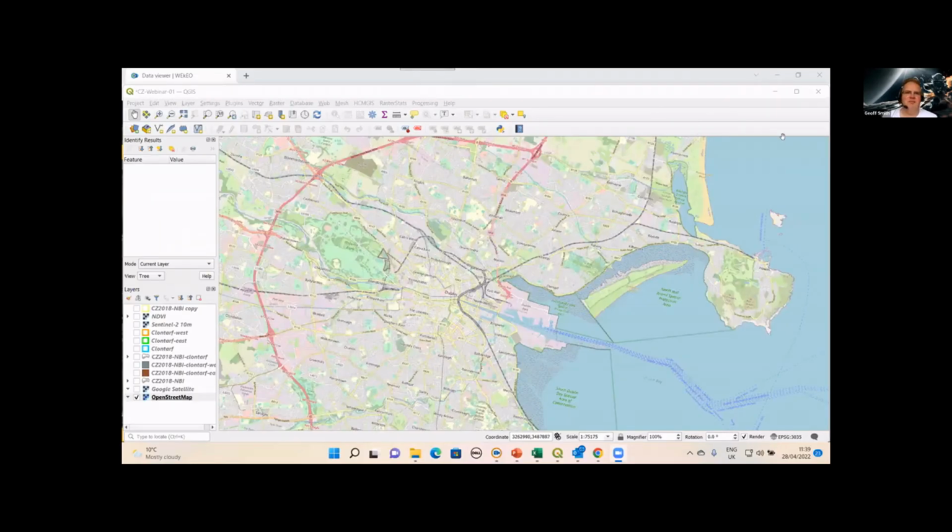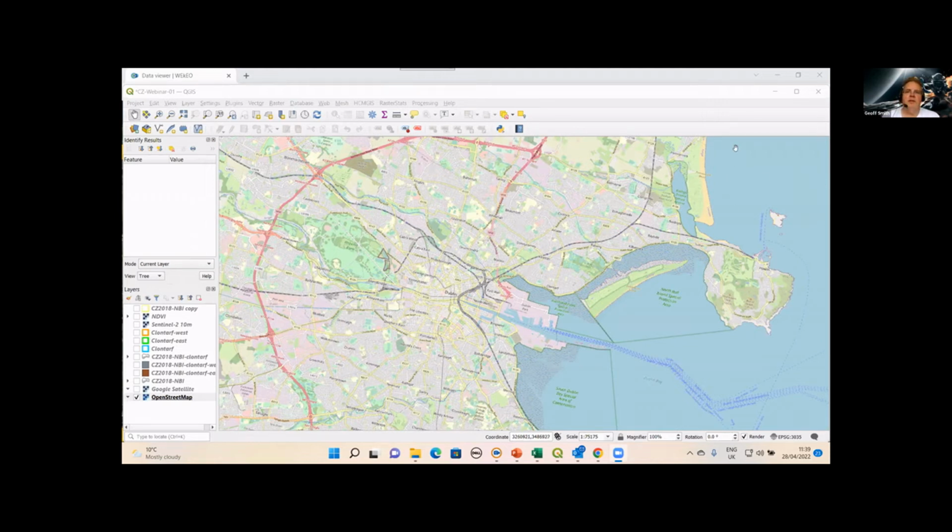Okay, can you see my screen with a map view on there? Absolutely, yes. Brilliant. Well, welcome back, everyone. Thanks for rejoining us for the second part of this webinar. I'm now going to work through some analysis examples based on QGIS, which is a free and open source geospatial analysis package. Many of you may already use it, but if not, it's available at qgis.org. You can go to that location and download it and install it, and it's a very straightforward process.